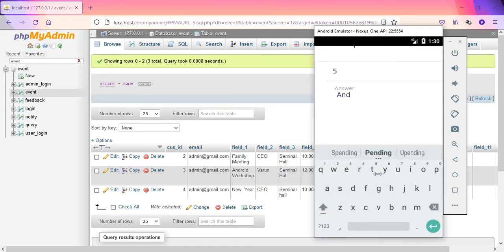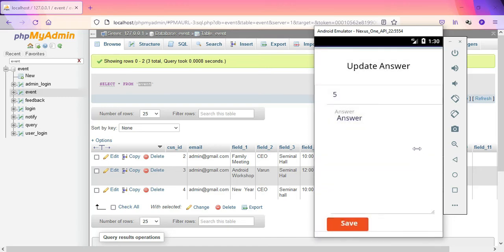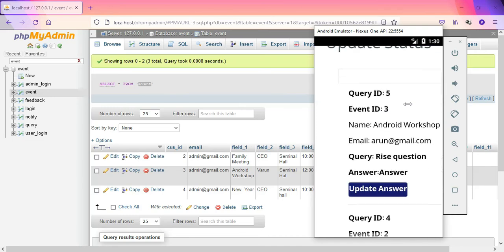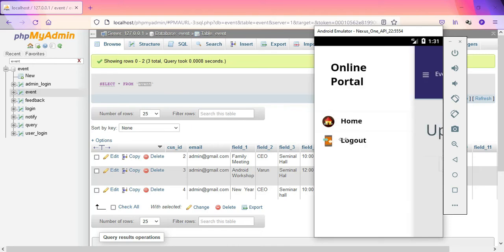You can write your answer for the query and update it, so it will be reflected on the user side also. The user can raise queries for a particular event by means of their email ID, and you can provide the answers for them through update answers. So this is all for the admin module.